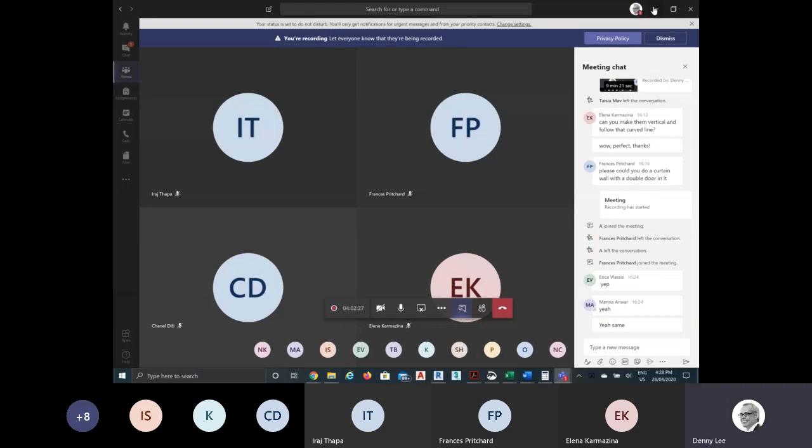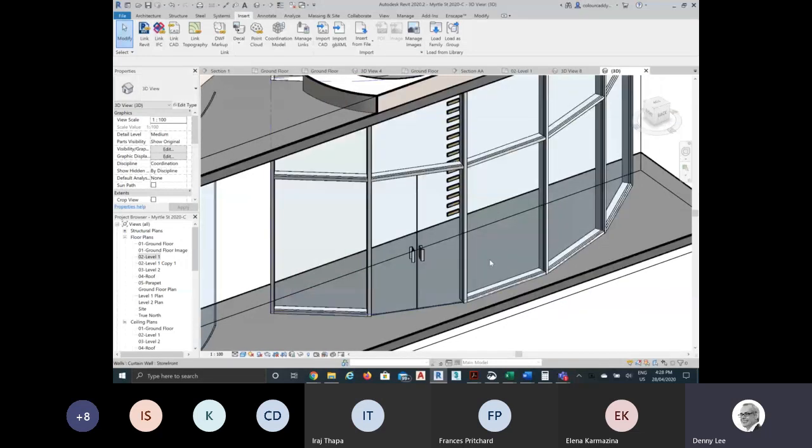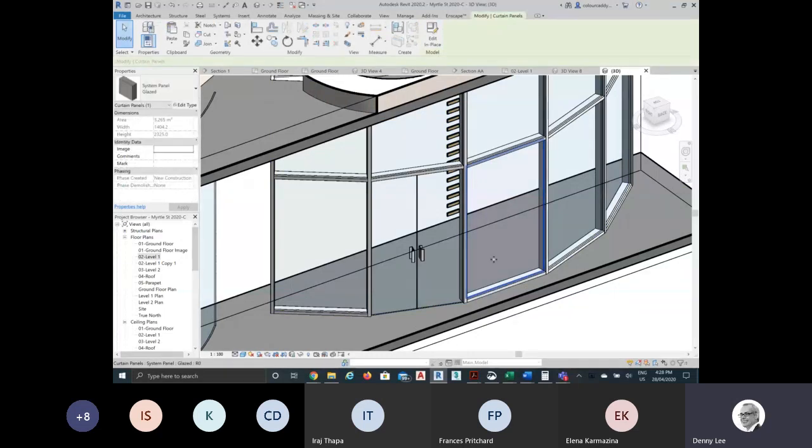And it's pretty flexible what you can do with panels. You can also get some nice patterns if you want to try that Mondrian style of curtain wall patterning, where you have some that are clear and some that are solid and maybe different colors. You can also change to the solid